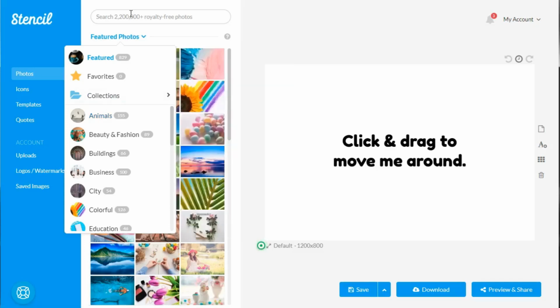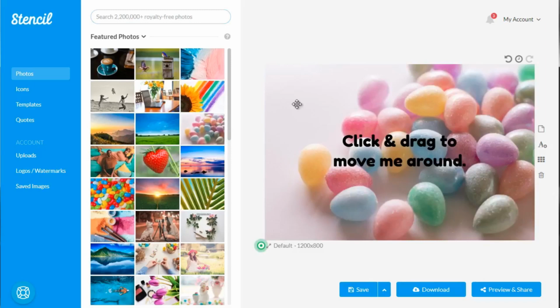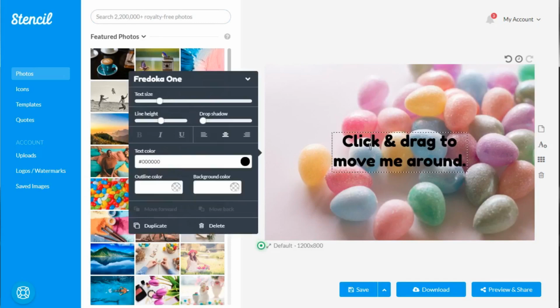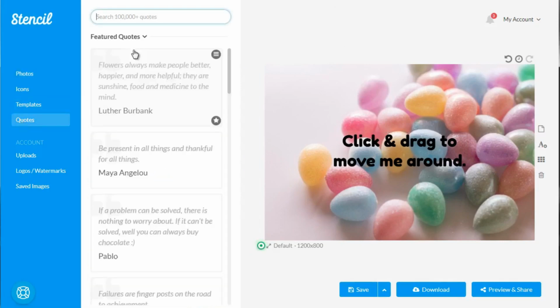All right. So let's say we want to use a generic motivational quote for that audience. This is how super fast and easy it is. Let's say, for example, we want to use this one here. All you have to do is simply click it. It gets in the background and you can enter text. You can double click this and enter any text you want based on the content and the powerful words that you have researched. Or you can simply go to their quotes section